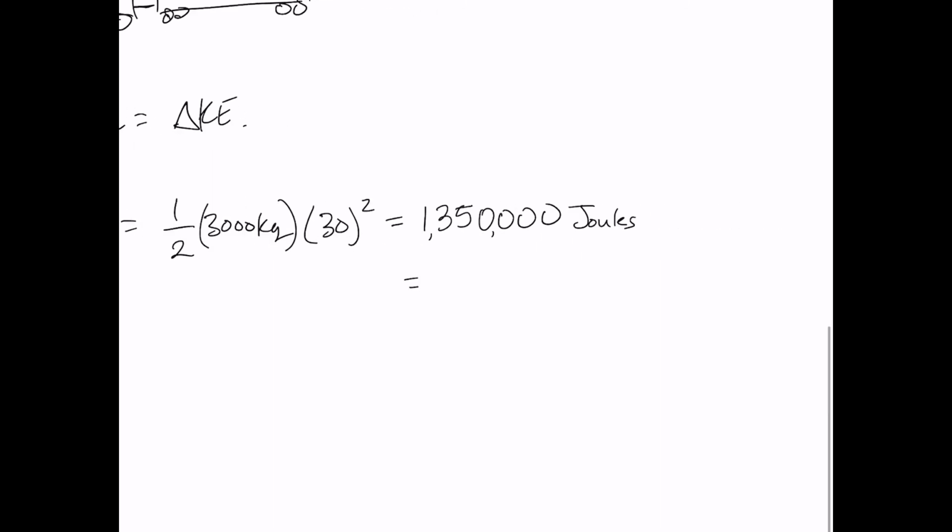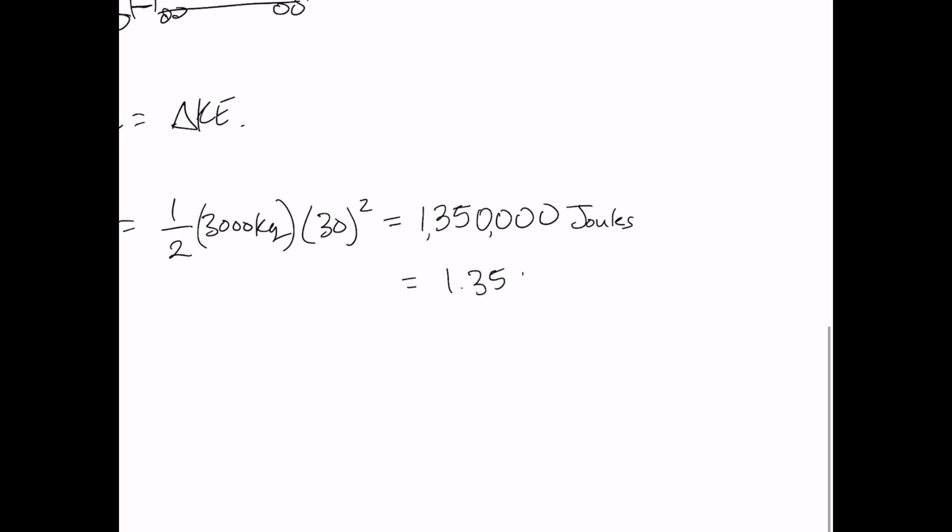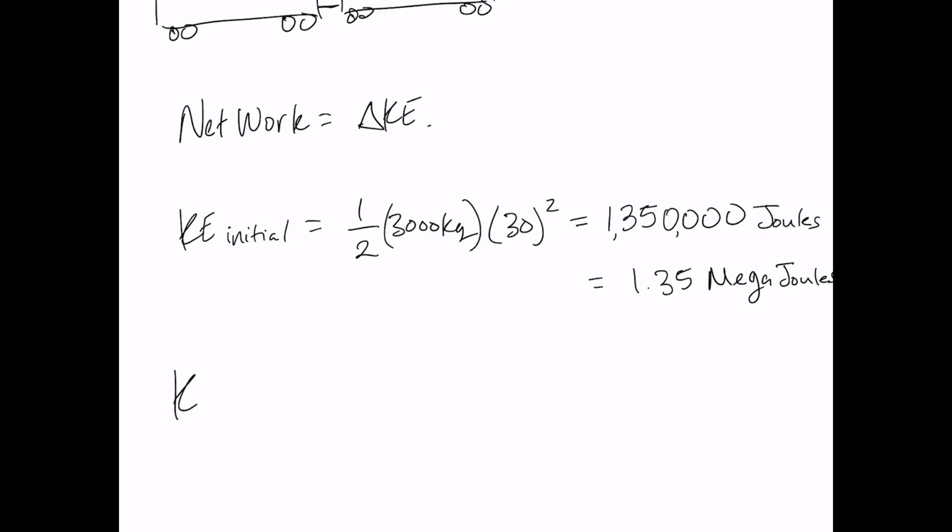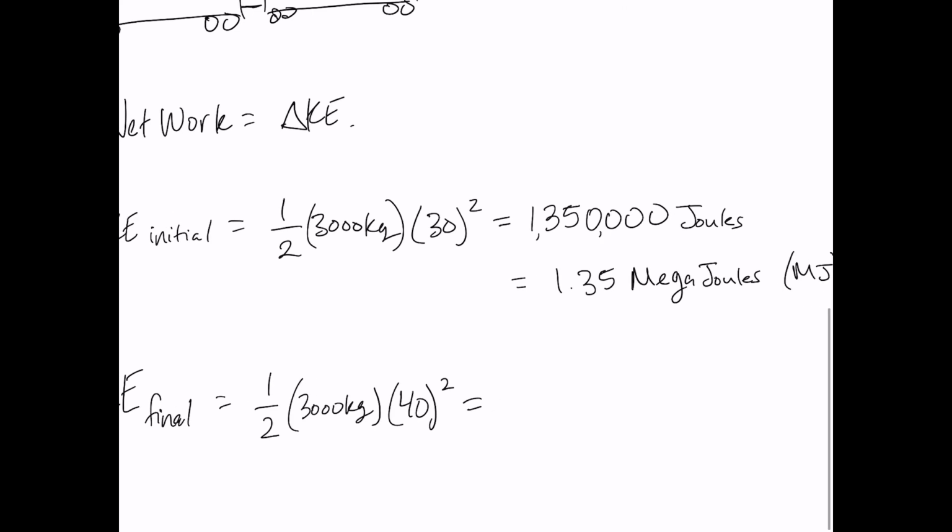Now that's kind of a big number, so to simplify it, I'm going to change it to megajoules, where a megajoule is just 10 to the 6 joules. So we get 1.35 megajoules. Kinetic energy finally is equal to 1/2 times 3,000 kilograms times 40 meters a second, squared, which is just equal to 2,400,000 joules. Again, to make the number a little bit more manageable, I'm just going to change that to 2.4